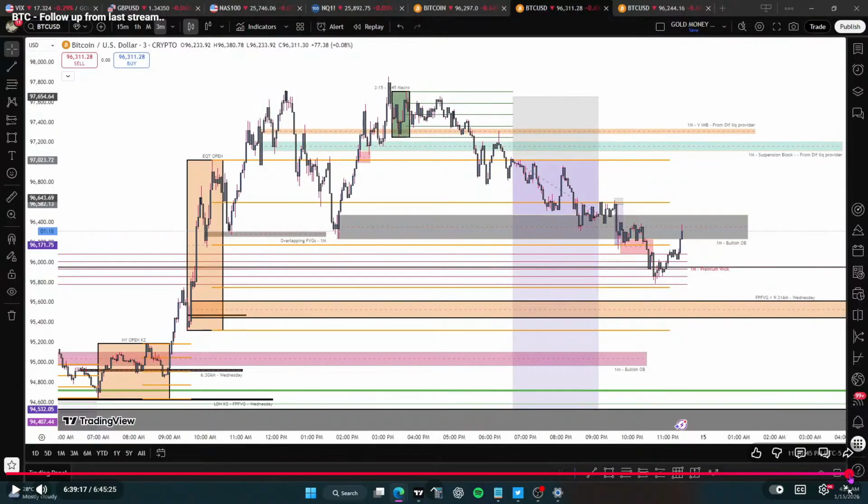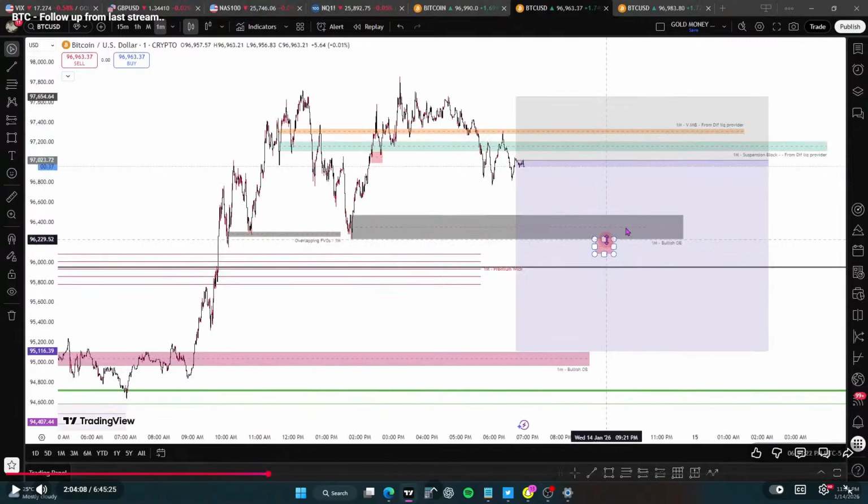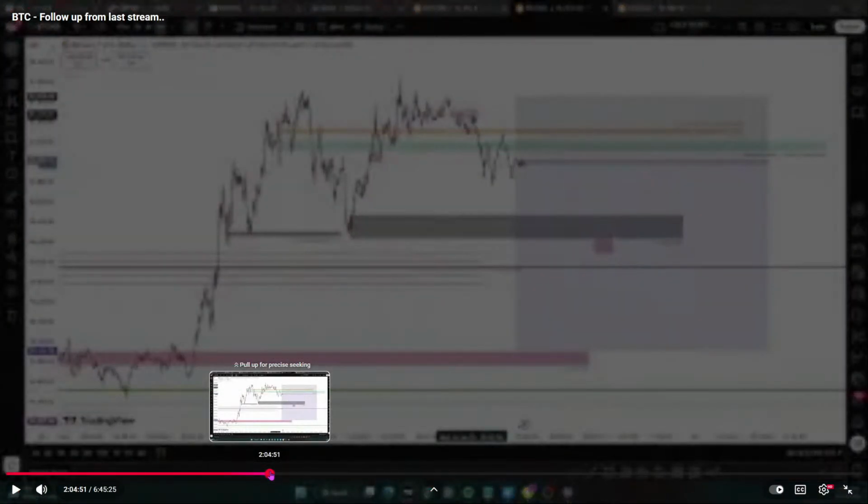And then that's where I ended the live stream because my target had been hit. This red box was my target, because I'll go back and show you that this red box has always been on the chart. So that was always there. See, look, that's me drawing it. I drew it at 7 p.m., right? So I drew it here, 2 hours into the live stream, right?